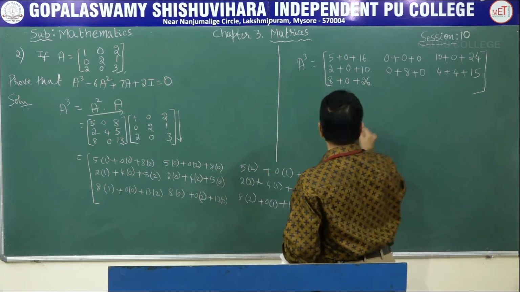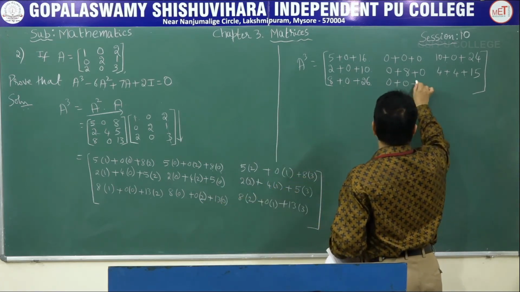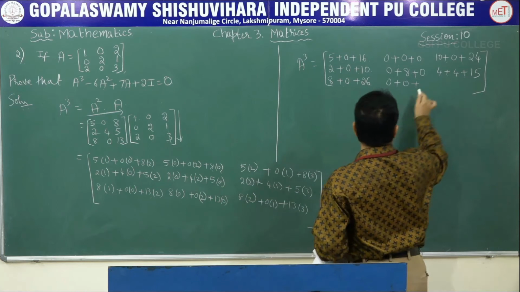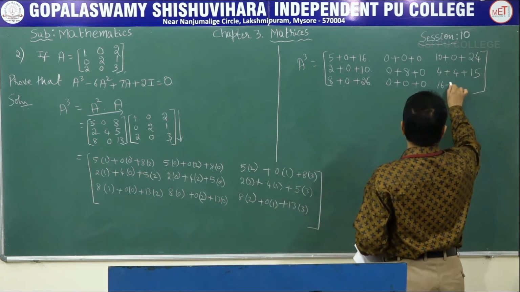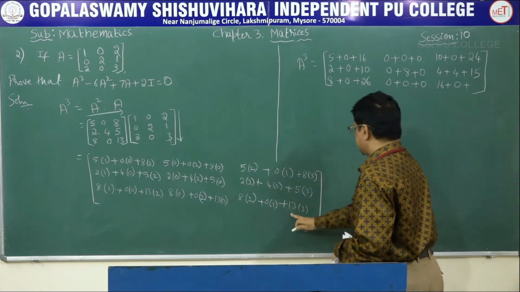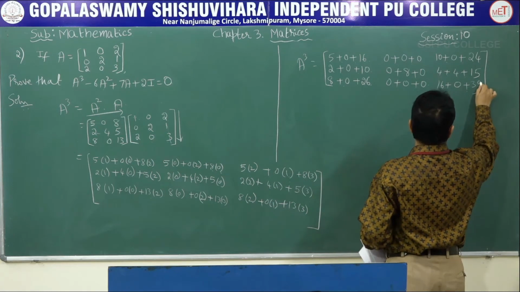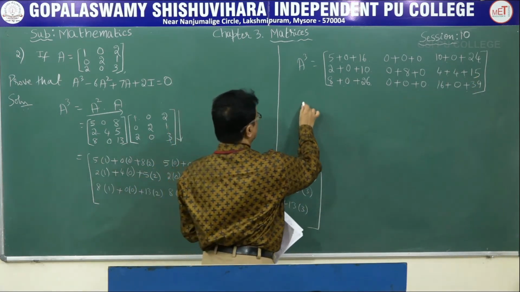Here 8 into 0, 0, plus 0 into 2, 0, plus 13 into 0, 0. 8 twos are 16 plus 0 into 1, 0, plus 13 threes are 39. So here A cube will be equal to